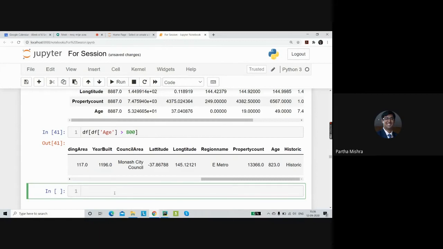The next thing which we previously saw was the building area. We saw there were some entries which have zero value.